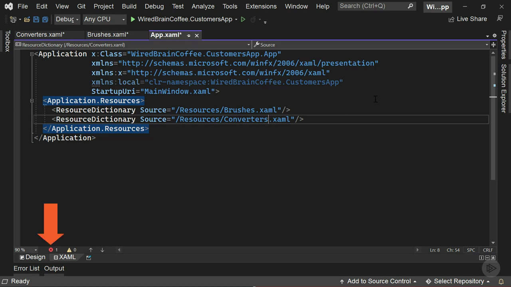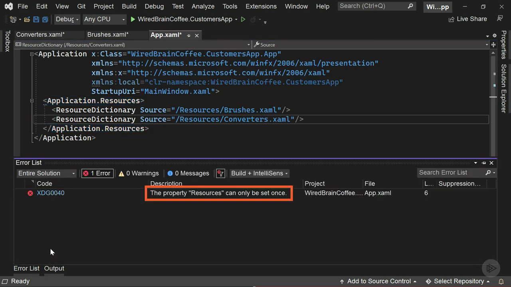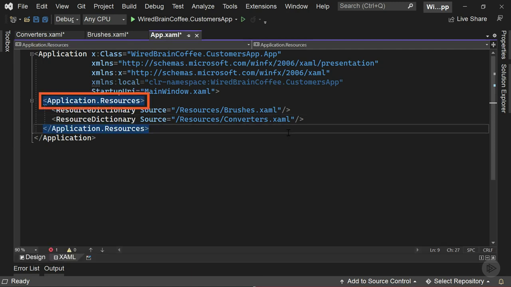Now as you can see down here, there is already an error in our XAML document. The property Resources can only be set once. Of course, the Resources property is of type ResourceDictionary. This means you can only assign a single resource dictionary to that Resources property. Now, the great thing is that the ResourceDictionary class has a functionality to merge multiple resource dictionaries into a